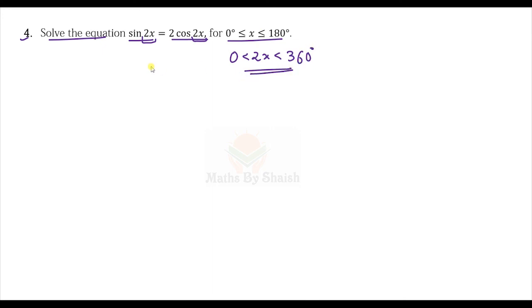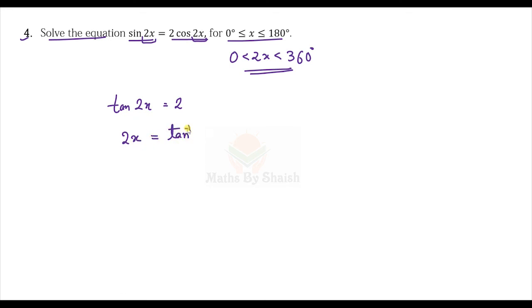Again, we have to use either sine, cos, or tan solely, and we can see it is sine and cos both. So we can get tan from here because there is no square. If there were some square, we could have translated into either sine or cos, but here it is sine and cos both without any double power. So we'll be writing it as tan somehow. We are going to divide by cos 2x both sides, and we will get tan of 2x is equal to 2, because sin 2x upon cos 2x is tan 2x. So from here tan 2x is equal to 2, and 2x is tan inverse of 2.